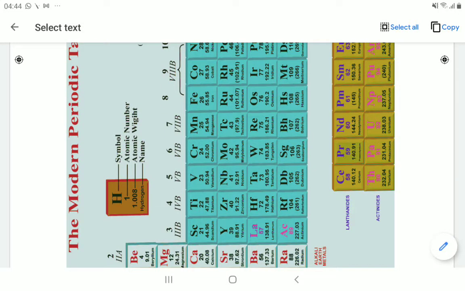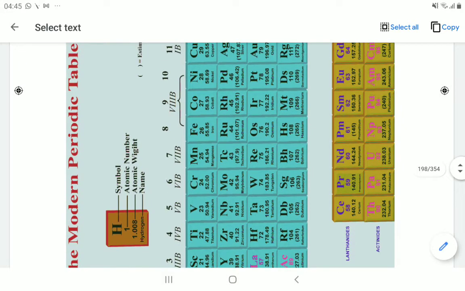The f block elements known as the lanthanoids and actinoids are shown separately at the bottom of the periodic table. Here the lanthanoids and actinoids are both considered under the f block elements. These are shown separately because they are very rare metals which we are not able to obtain directly from the earth.